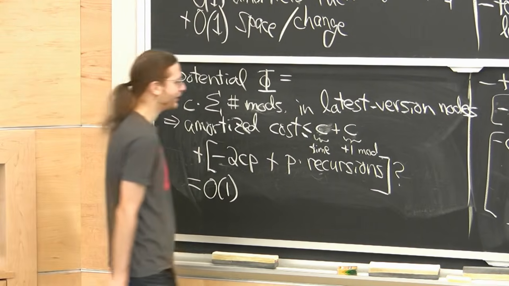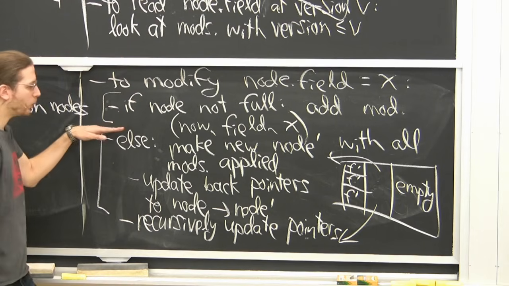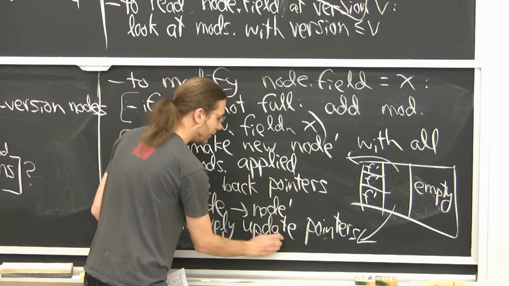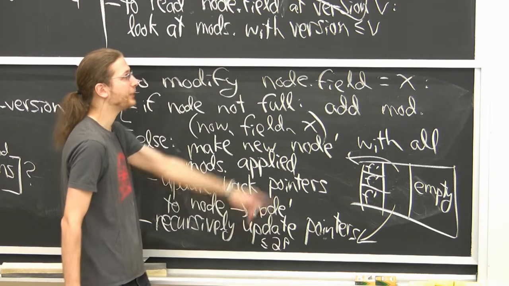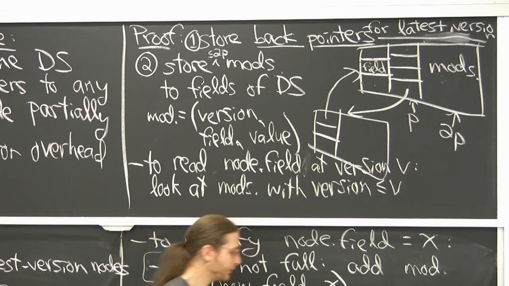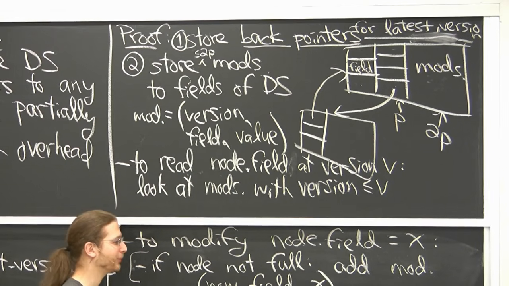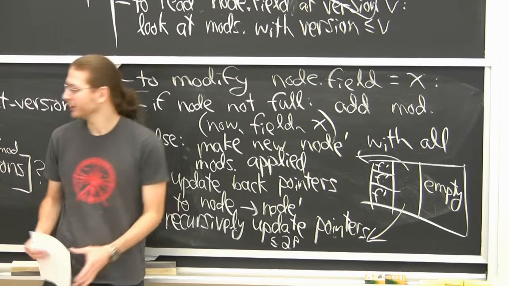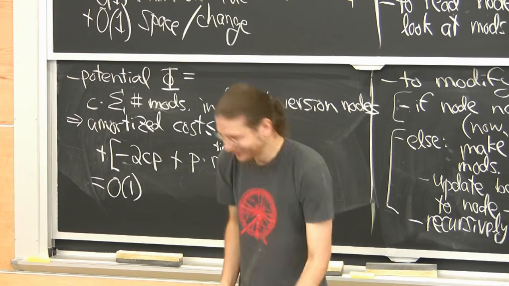What's happening here is that, okay, maybe you add a mod, that's cheap, but when we have to do this work and we have to do this recursion, this is up to 2P updates or recursions, we are charging it to the emptying of this node. The number of mods went from 2P down to 0. And so we're just charging this update cost to that modification. So if you like charging schemes, it's much more intuitive. But with charging schemes, you have to be careful to make sure you're not double charging. Here it's obvious that you're not double charging. Okay, kind of cool and magical.